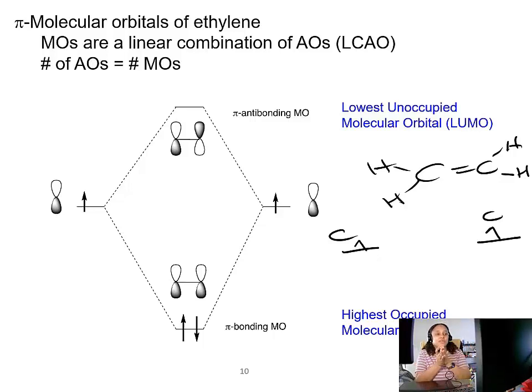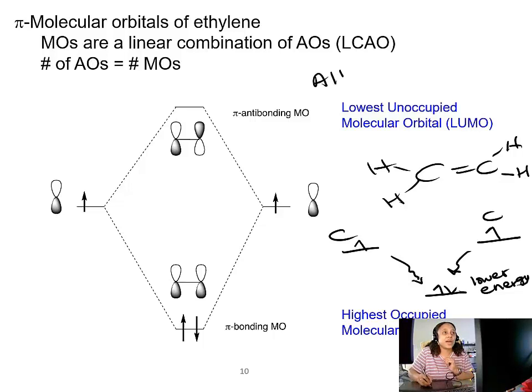Every time we have something that bonds, the reason for that bonding is for stability, and stability means lower energy. So when they come together and bond to form the pi bond, and they share their electrons with each other, that is going to be lower in energy than where you started. That's why that happens. And if you're talking about just 2p orbitals, remember for every atomic orbital that you have,